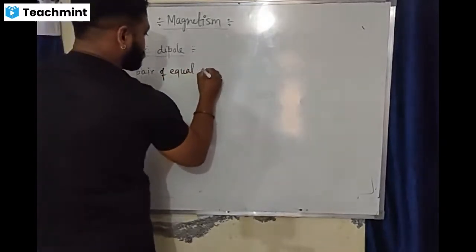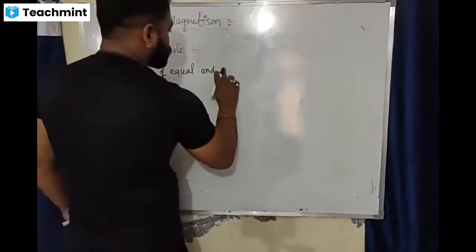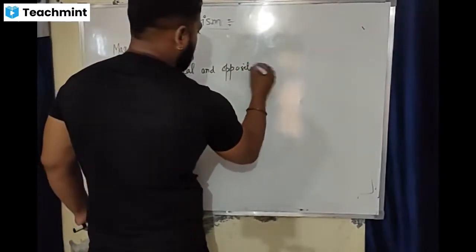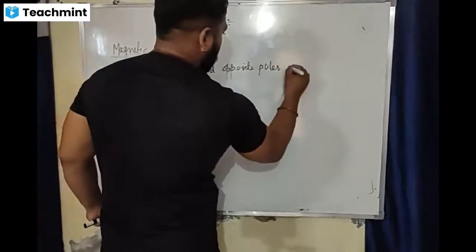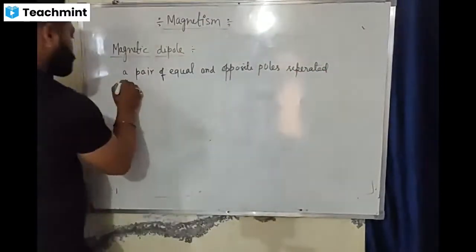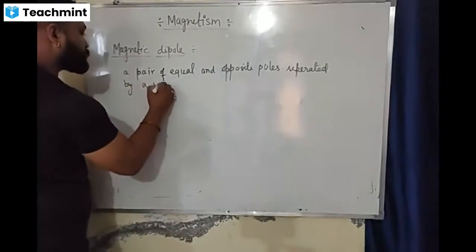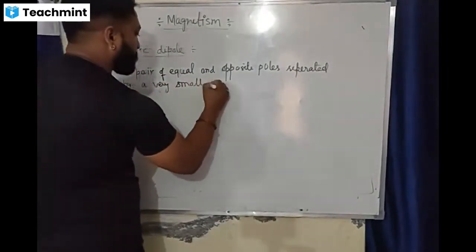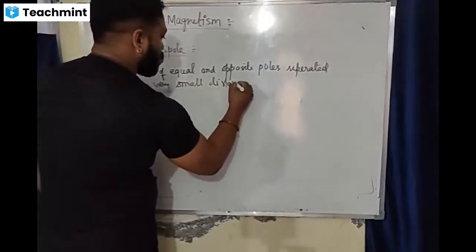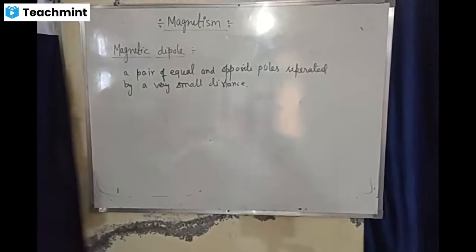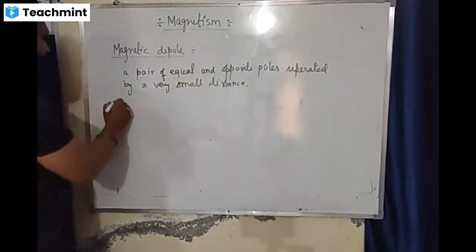So you can write a pair of equal and opposite poles separated by a very small distance. Okay, so this pair is known as magnetic dipole, and we know the best example of that magnetic dipole